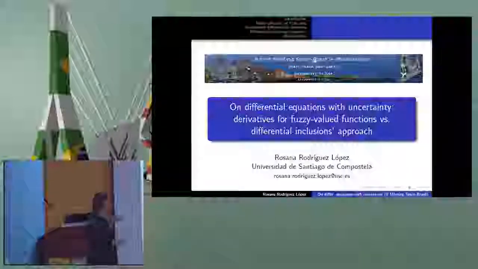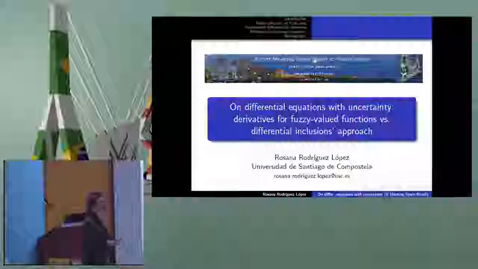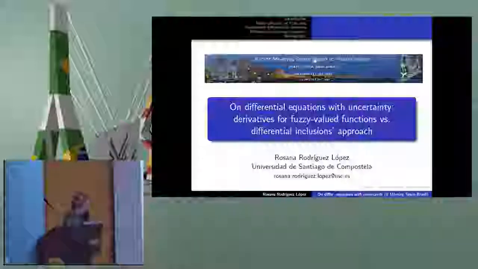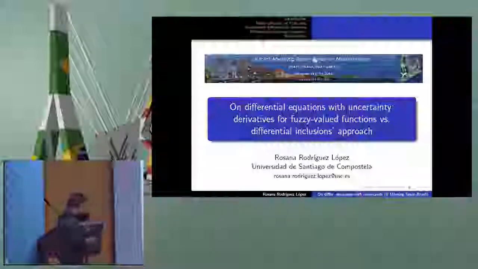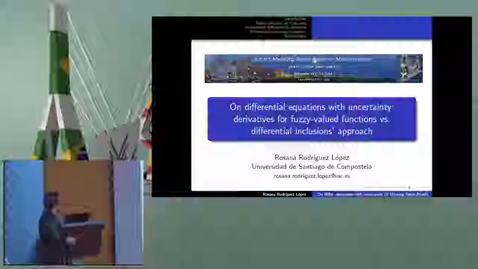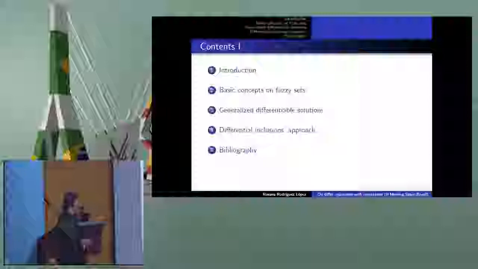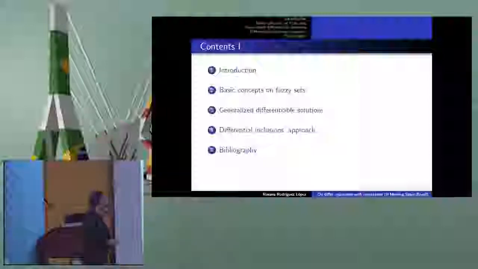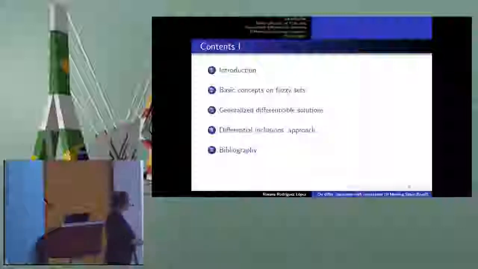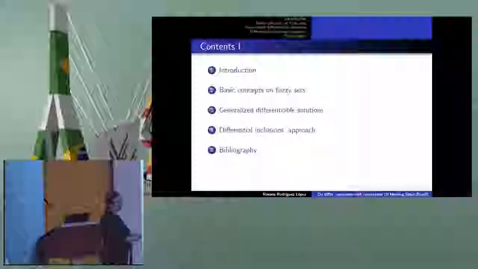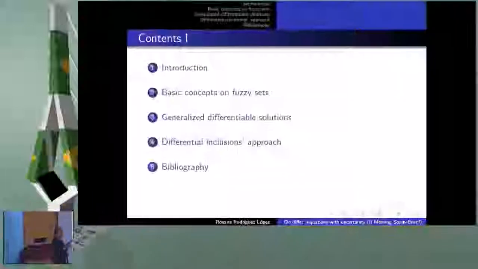And in my case, I'm going to speak about differential equations which are defined on spaces that allow us to handle uncertainty through the use of fuzzy sets, or fuzzy intervals in this case. I'm not going to speak about the n-dimensional case, just fuzzy intervals. It's quite simple, but I would like to give an overview of the basic concepts, what kind of sets are going to be used. And the idea of the talk is to put into contrast